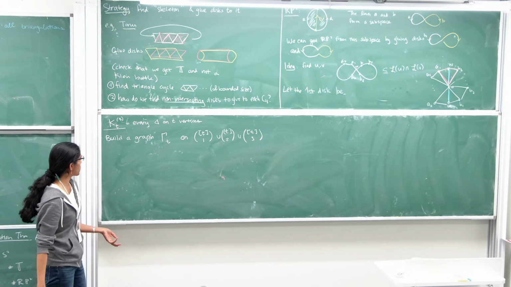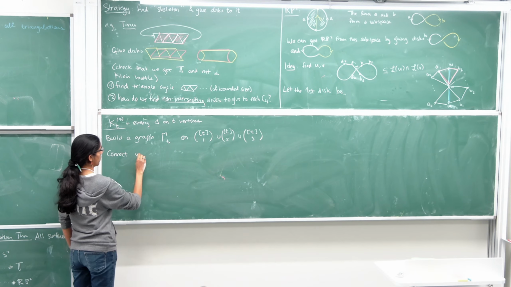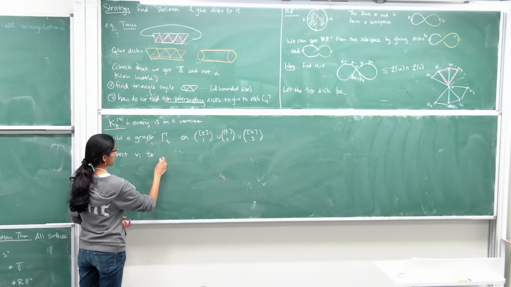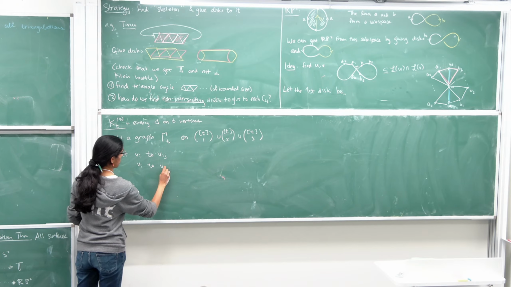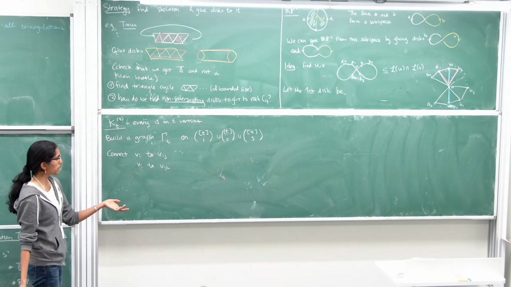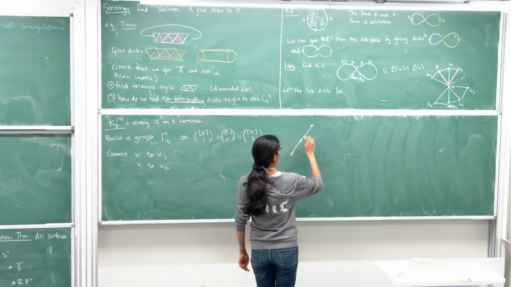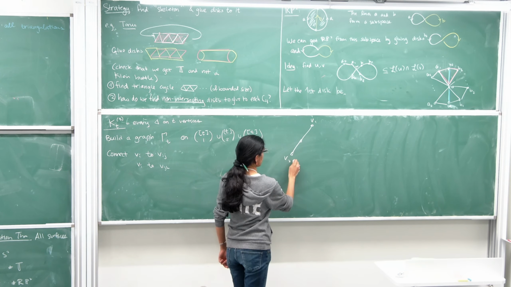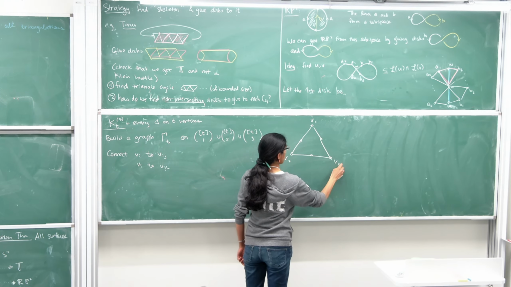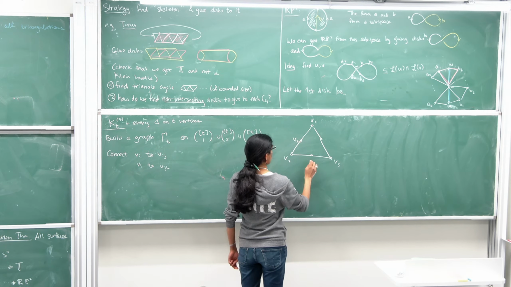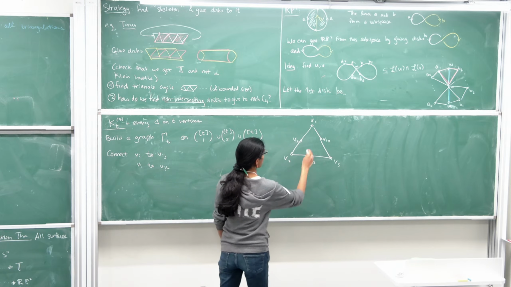And we're going to connect vertices v_i to v_ij and v_i to v_ijk. So part of this graph might look like v1, v2, v3, v12, v23, v13, and then